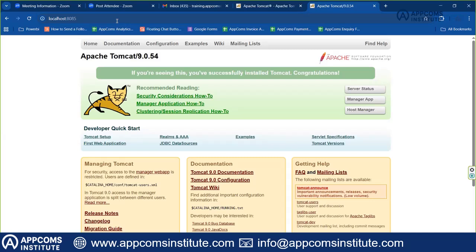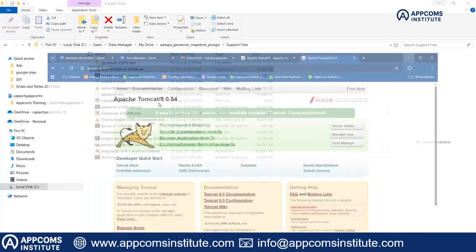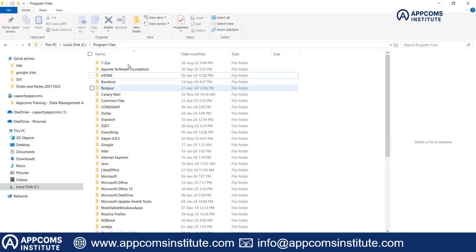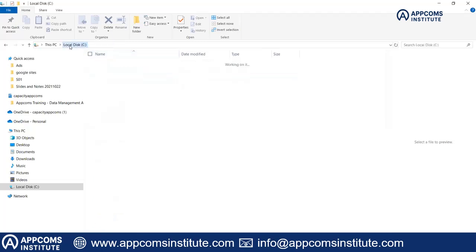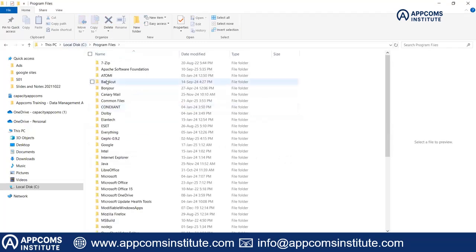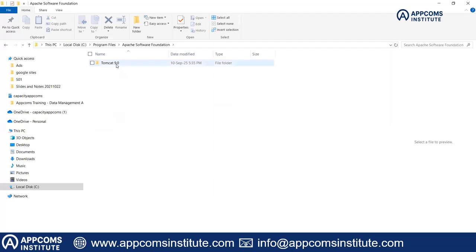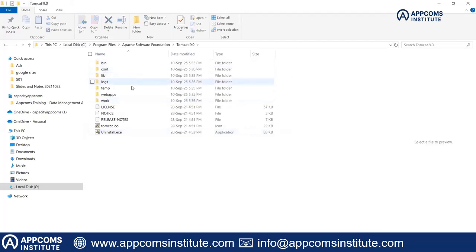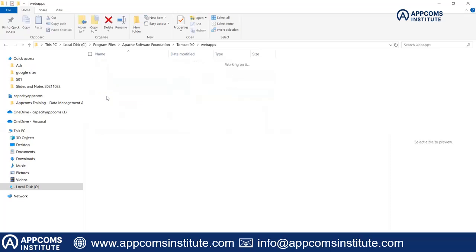The next bit is I'm going to install both GeoServer and MapStore concurrently. For this, we are going to require access to the installation folder for Apache. You simply access it under your local disk C, and then under Program Files, navigate to Tomcat 9, and say continue. Now we have webapps. So this is where we are going to